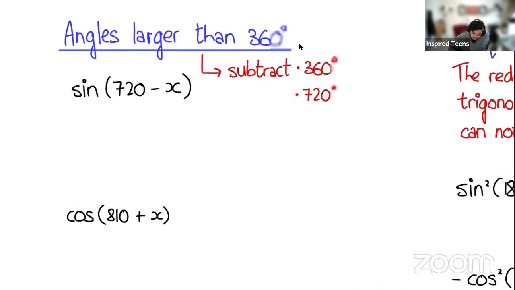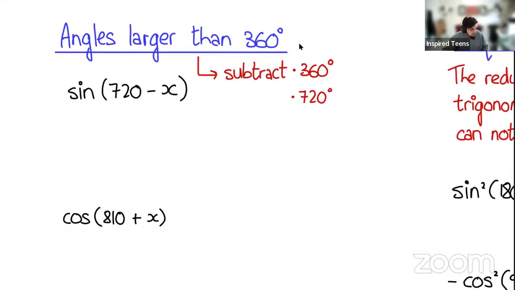Let's look at two other rules, or two other issues, let's call it that. All right, what happens when we deal with angles that are larger than 360 degrees? Okay, so like a reduction angle that's larger than 360 degrees. So just say we have sine 720 minus x. So when we have these angles, we subtract 360, or if when you subtract 360, it's still larger than 360, then you need to subtract 720. And if it's larger than 720, 720 plus 360 is